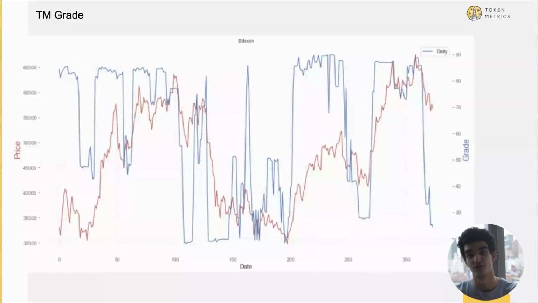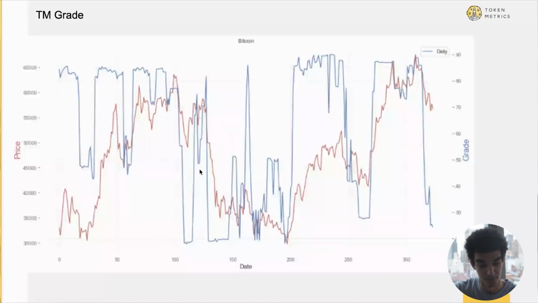By the way this grade is constructed, it works extremely well in catching trends. And as you can see here, it's just a grade on one coin, and it is Bitcoin. The grade is in blue compared to the price in red. So obviously, every time we have a high grade, we want the price to be going up to see if it's actually accurate. And it seems to be working pretty well for Bitcoin, especially during the crash